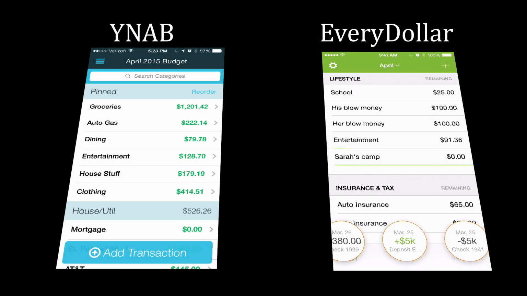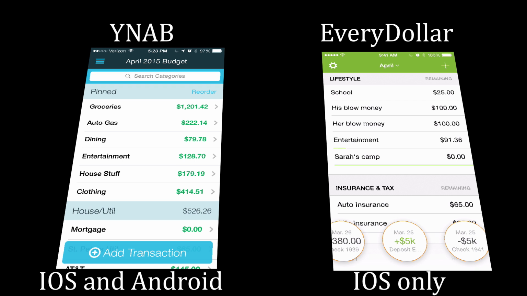The apps that you can download for YNAB are for iPad, iPhone and Android, whereas for EveryDollar, there's an iPhone version only. But I haven't tried this, and I probably should have before we did the webinar. I bet you could just log on to EveryDollar.com, log into your account, and probably do it all from there, because one more big difference between the two: YNAB is a program you download. You can download it to multiple computers, and the apps are free, and you can tie those all together by saving the data in the cloud.